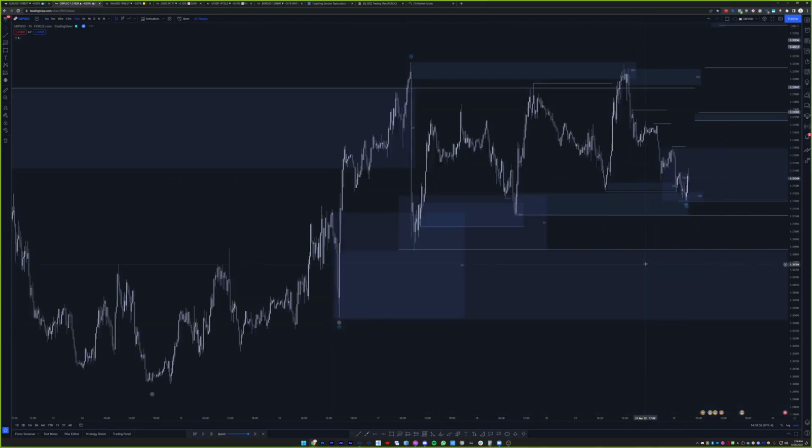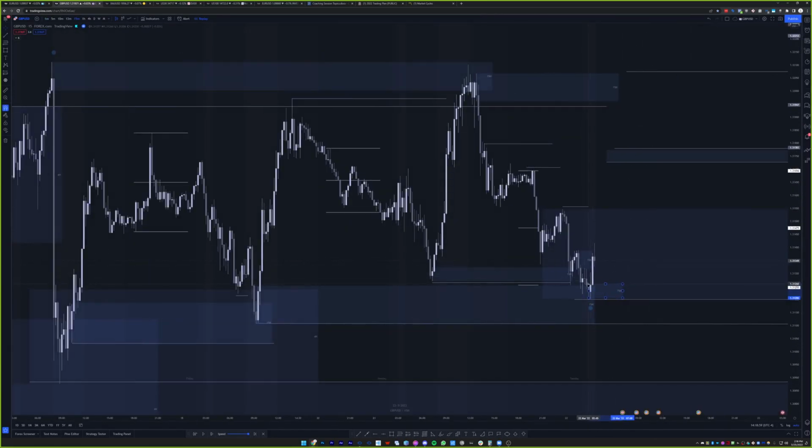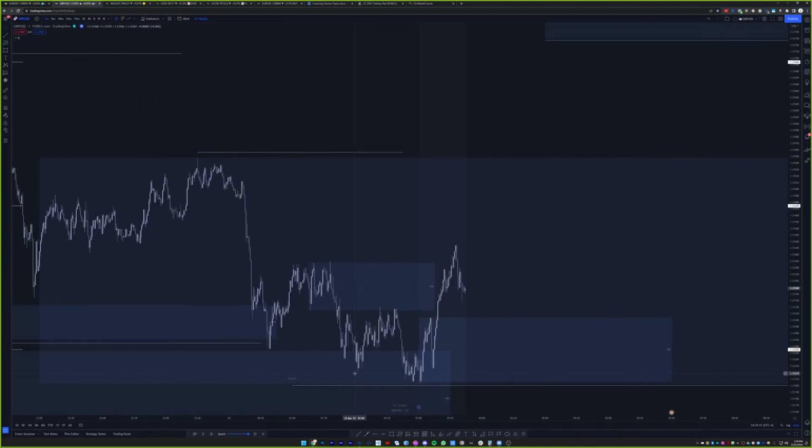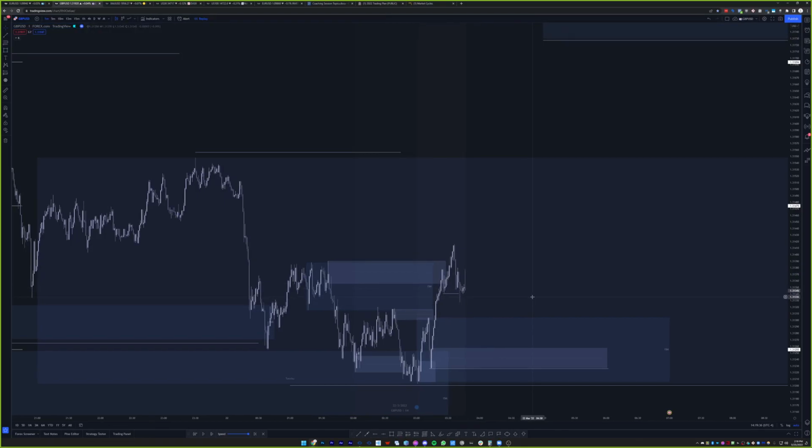All right, let's see. So we've marked out, well, make sure we marked out our 15-minute zone here that Miguel marked. You could maybe include this wick, but I would probably mark this one out. I mean, you could do this if you wanted, right? So we'll do this, that's fine. Let's check the 1 minute. How is this formed? There's no switch here, there's a mitigation from this level. I would expect liquidity to be built here to take out this. So we did build a little bit here, but it's not very clear, it needs to be lower.